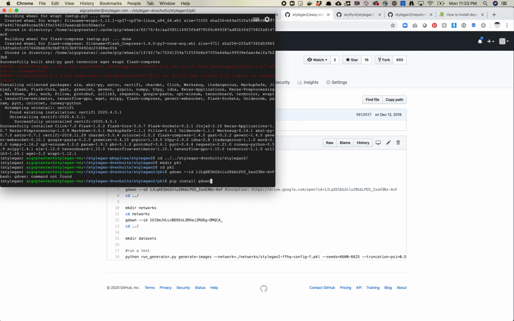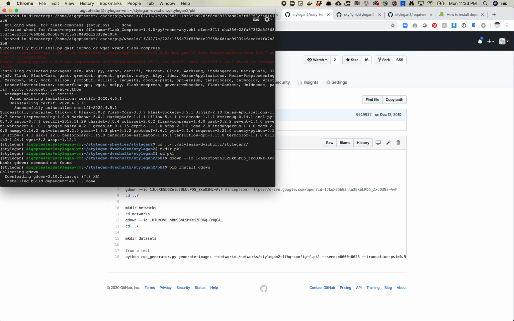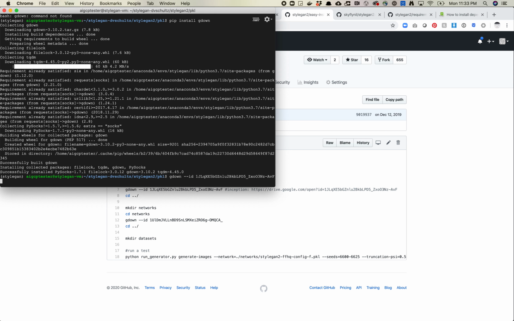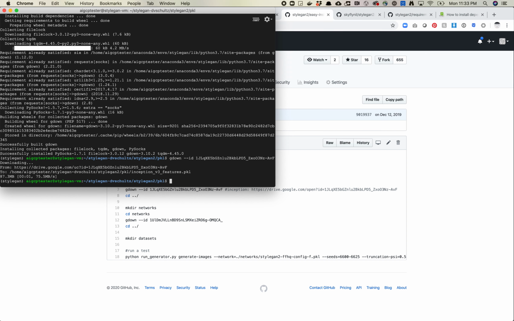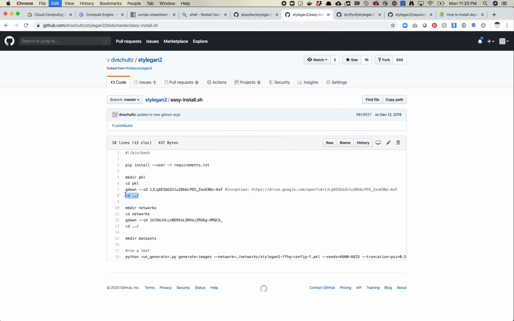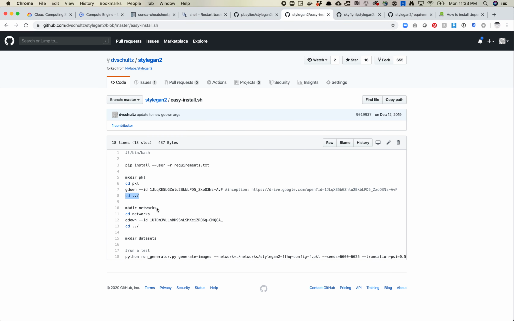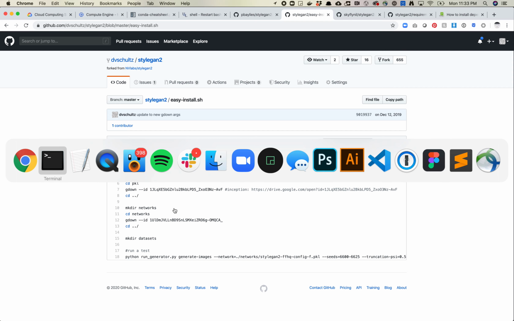So we're going to need to install gdown. Okay, so now it's installed. So now we'll download this file. Great, and then we're going to go back a folder, and we're going to make a new directory called networks. Actually, this is not what we want to do. Here's what we're going to do. We're going to make a new folder